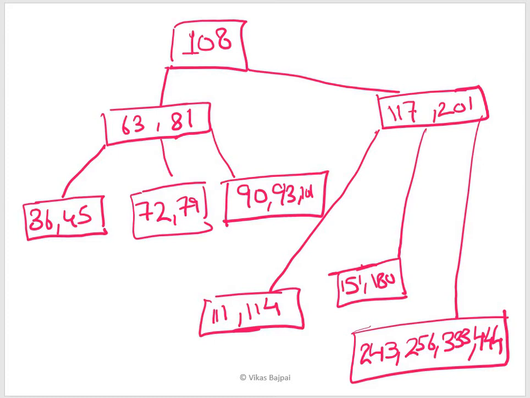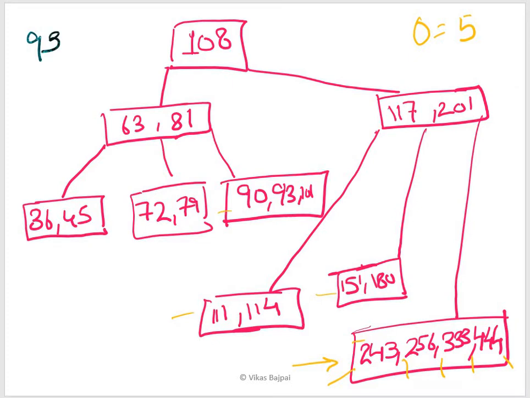Now while looking at this particular node, you might have got the idea that the order of the B tree is 5, because 4 values. So 1, 2, 3, 4, 5 possibilities there, right? These are at the same level, but just to make it visually appealing, I have drawn it in a similar way. Now let's say I have to delete a value 93.